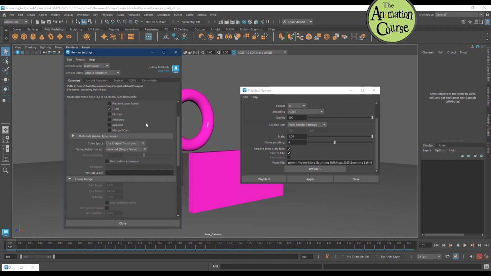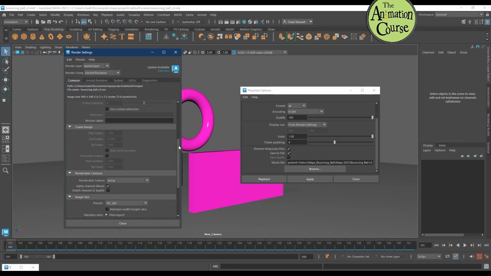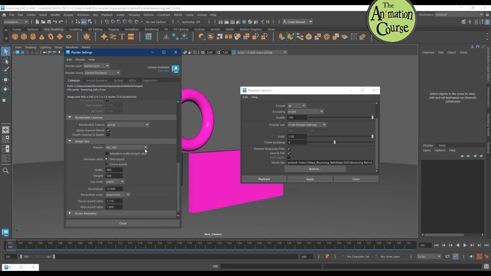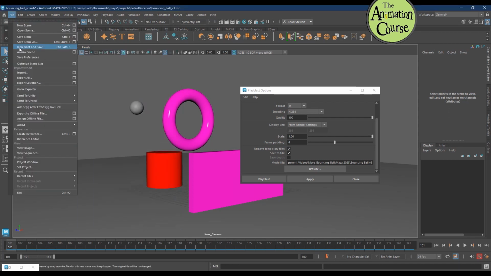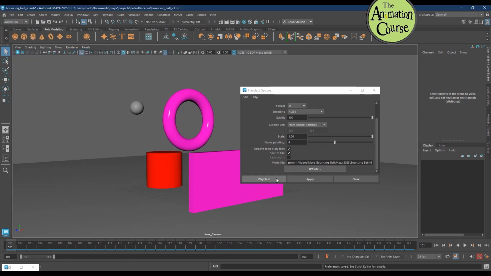I'm going to scroll down just a bit. And you can see here that I have some different presets for my image size. Now, I would not go higher than HD 1080. HD 720 is perfectly fine, 1280 by 720, but if you want to do a full HD, you can. So then I'm going to hit close, and I'm going to, again, save my preferences, and then I'm going to